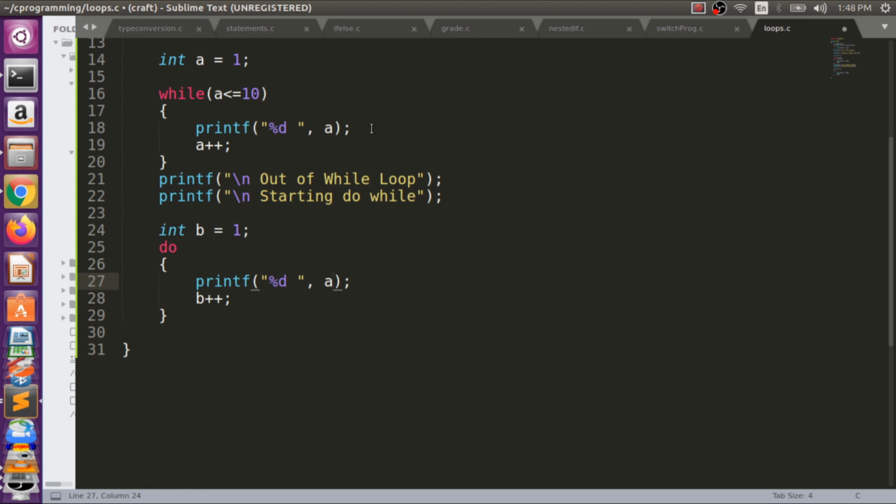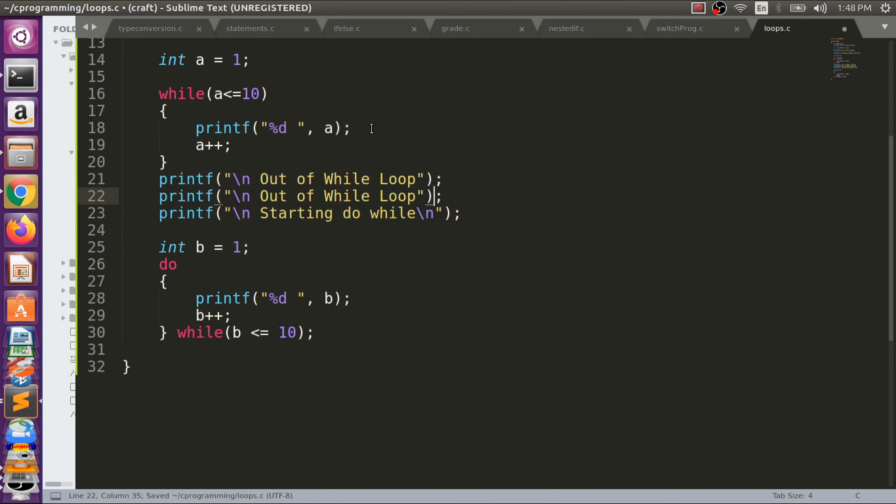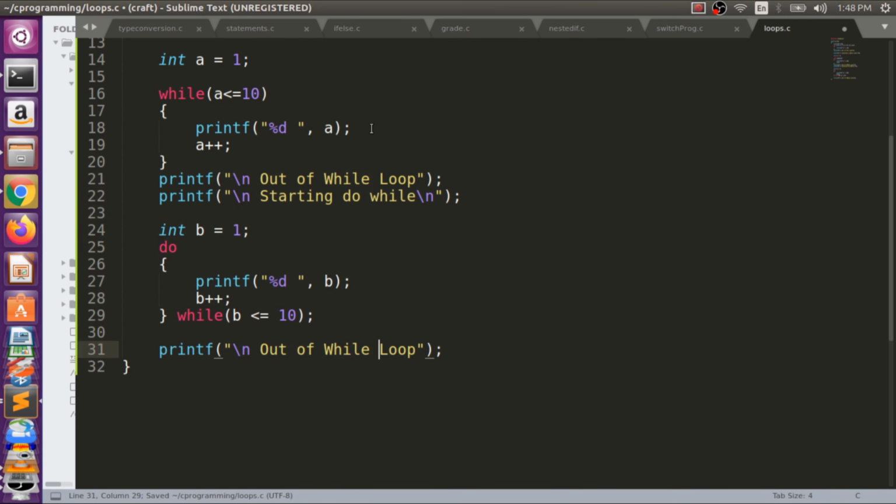We are printing b here, and here we will check while b is less than or equal to 10. Simple, right? So we have slash n here, out of do while loop, right?